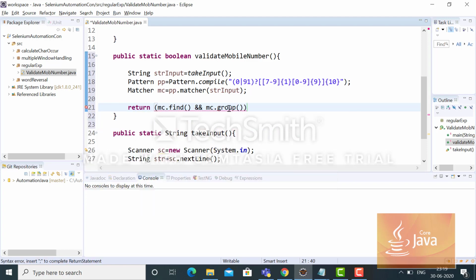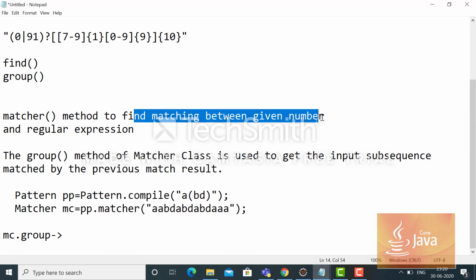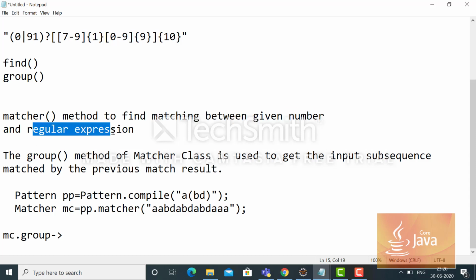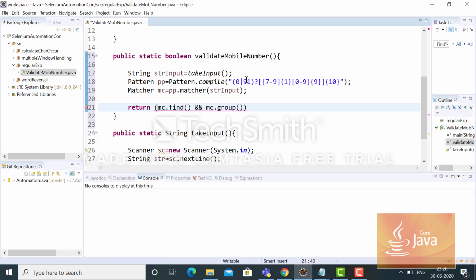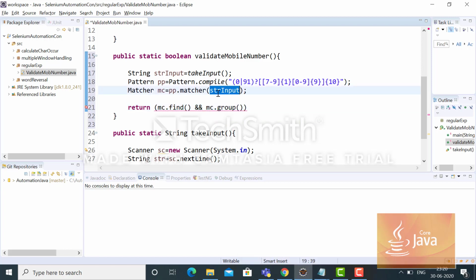Let me explain a little bit. The matcher method is used to find the matching between the given number and the regular expression. The regular expression I have taken is this, and with the input I'm matching it, whether it falls within this category or not.